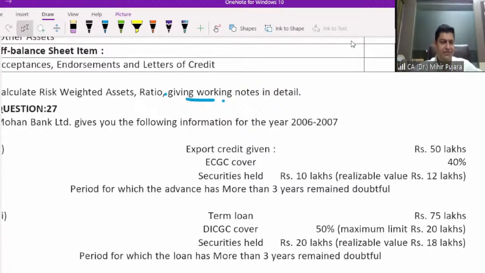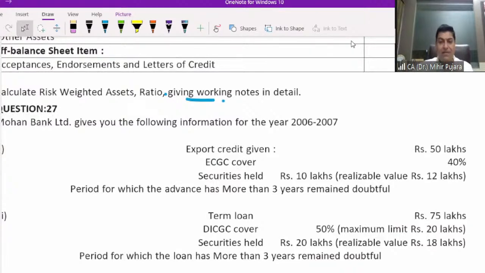Yes, guys. So, 50 lakh is outstanding. DICGC cover 40%. Security held 10 lakh. And realizable value is 12 lakh. It is more than 3 years. Term loan 75 lakh. DICGC cover 50%. But maximum limit is 20. So guys,